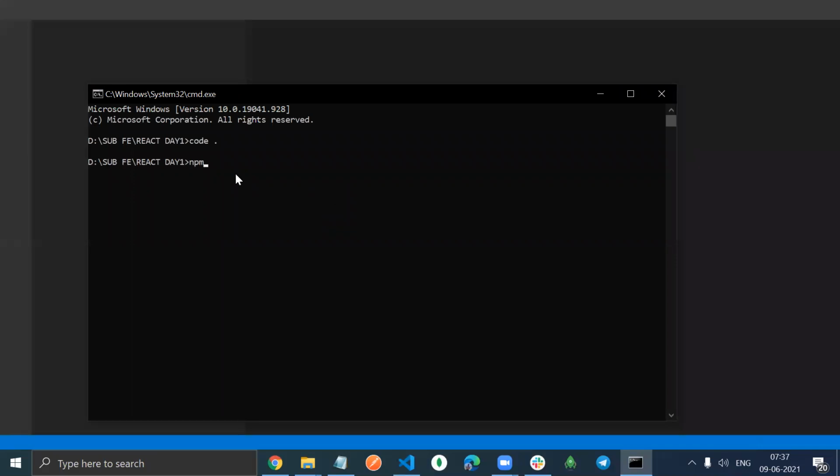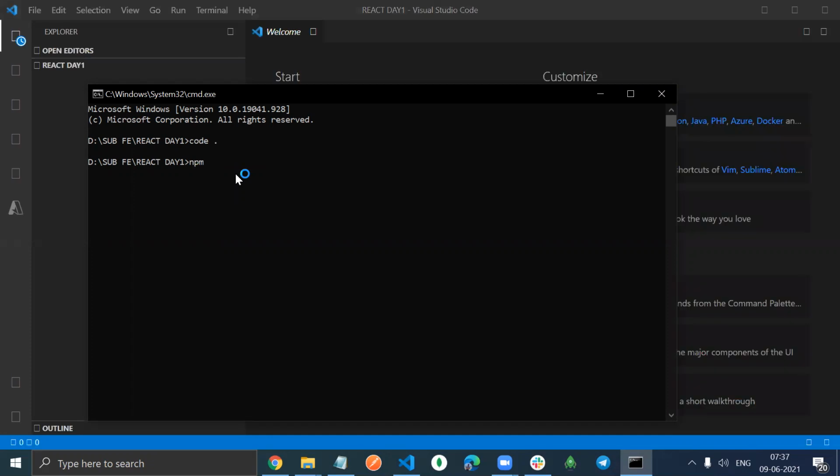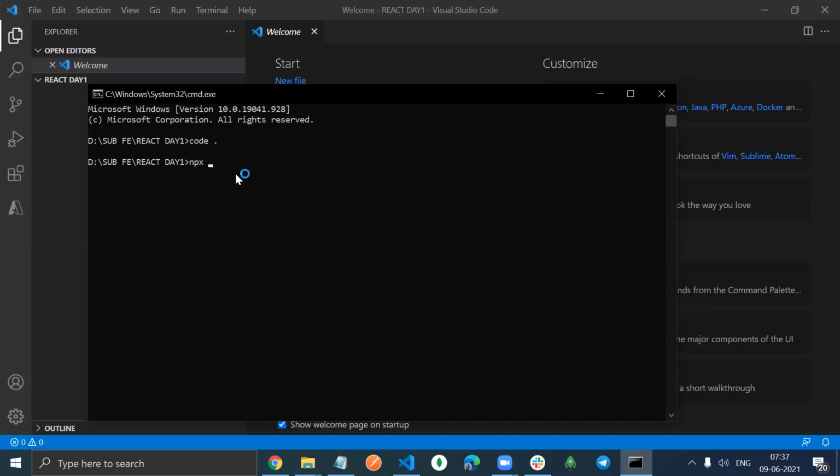Once you install globally, then you have to follow this command, that is npx. Keep in mind, it is not npm, it is npx. npx create-react-app and your project name, the project name you want to give.